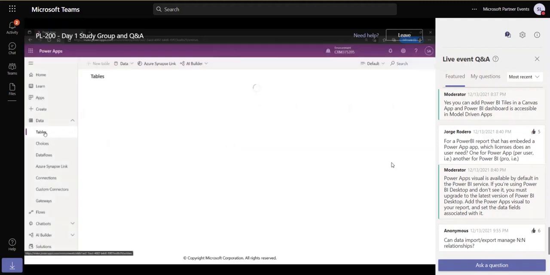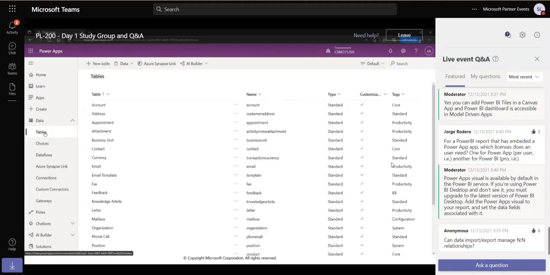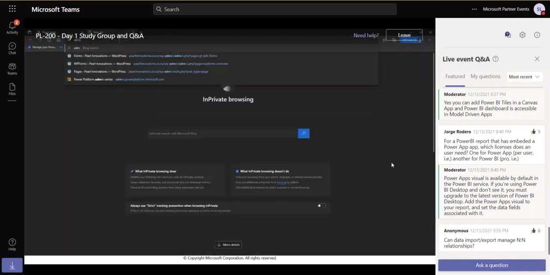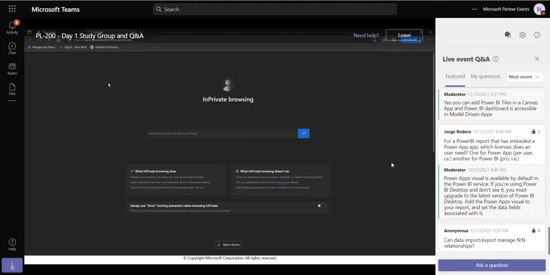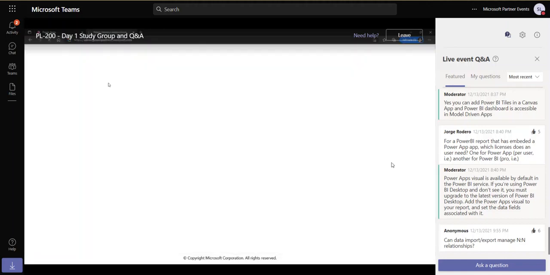For each environment you can have a single Dataverse database associated with it. If you noticed one thing, we have a sample database that is configured. When I provisioned this environment, I could go ahead and create a sample database. Let me quickly show you what I mean. If you want to create a new environment, for instance a dev environment, a UAT environment, or a production environment, I go to